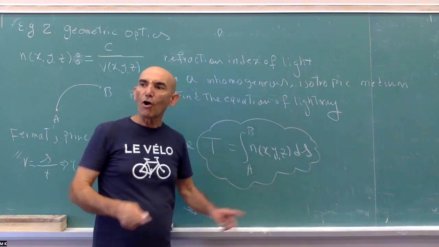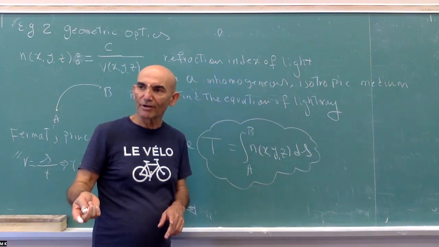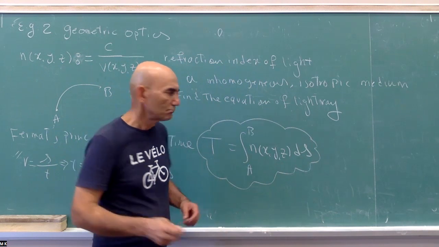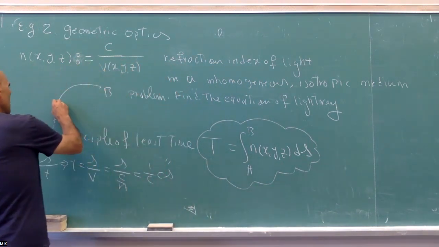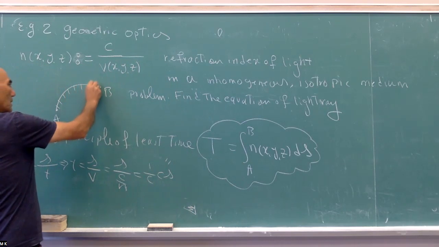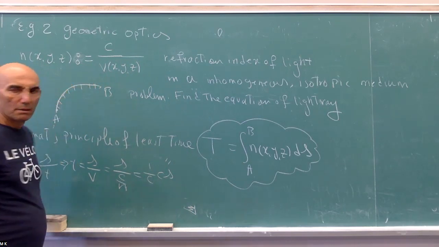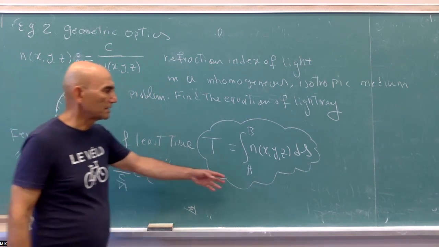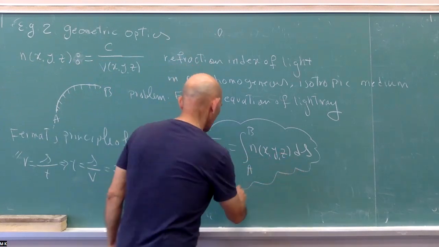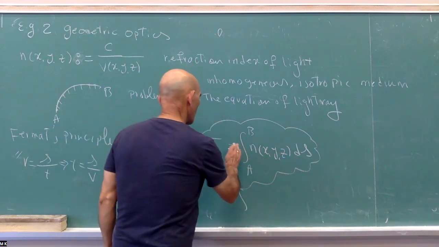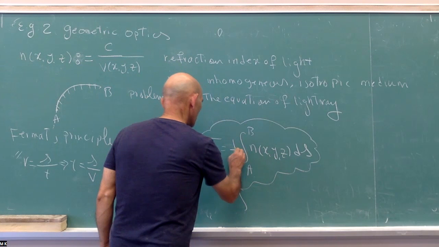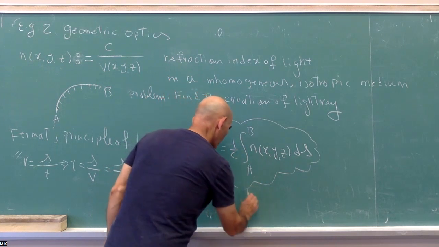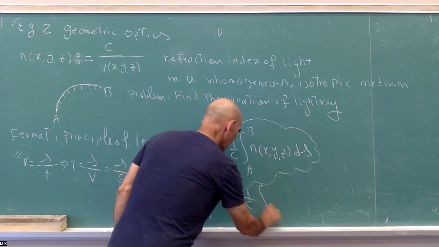Well, ds is the infinitesimal of the arc length. Because what we are doing, we are breaking this into pieces and approximating the time for each small piece. So this is basically equal to, there is 1 over c, sorry. This is equal to then 1 over c integral from a to b